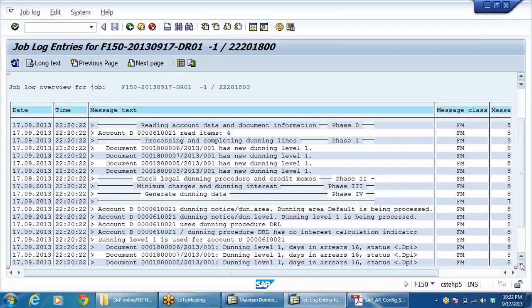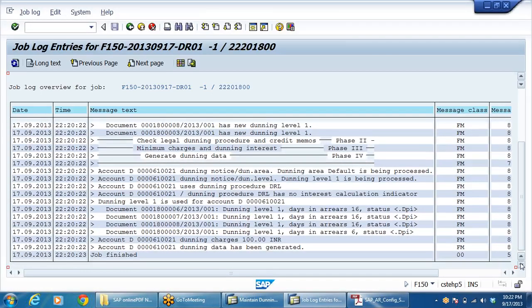So like this the system studies each and every level, each and every process, and it writes here, so that this is for our purpose. In a real scenario, I can check 1 or 2 dunning levels here like this. So dunning data has been generated. If you find this okay, whatever the dunning process that I have done, the configuration is correct, right? You can get confirmation. Come back.